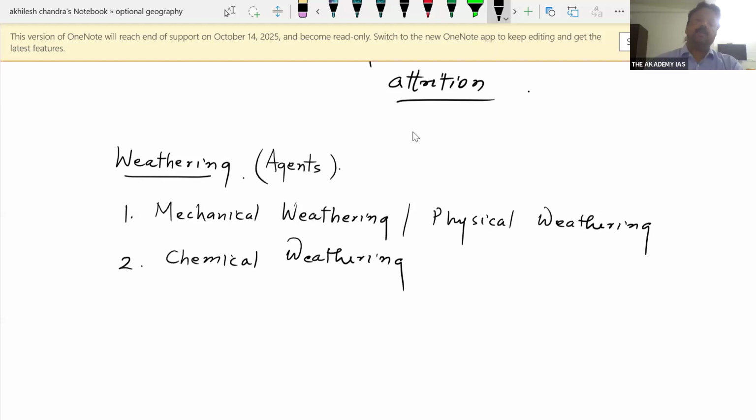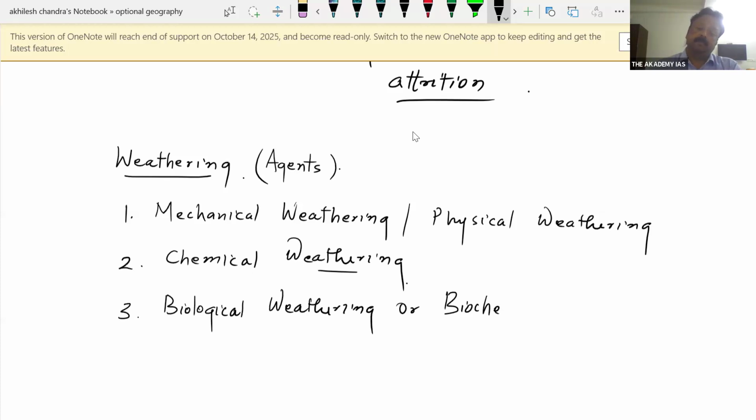Who is going to do chemical weathering? Certain chemical agent, certain chemical reaction is involved. And third one is biological weathering, or there is biochemical weathering. So biological weathering or biochemical weathering. Let's take up one by one. So first one is